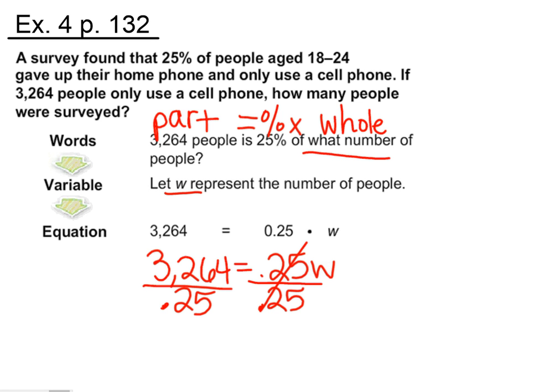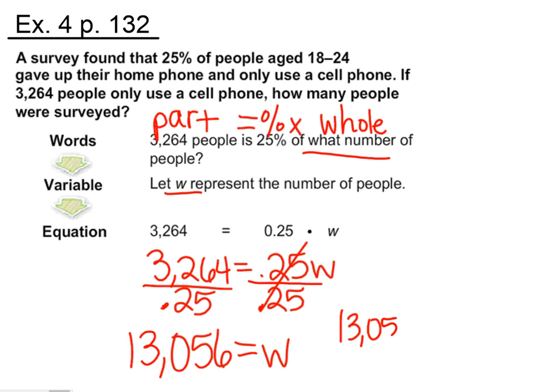So 3,264 divided by 0.25. When you type that in your calculator, you get 13,056 equals the whole. So how many people were surveyed? 13,056 people